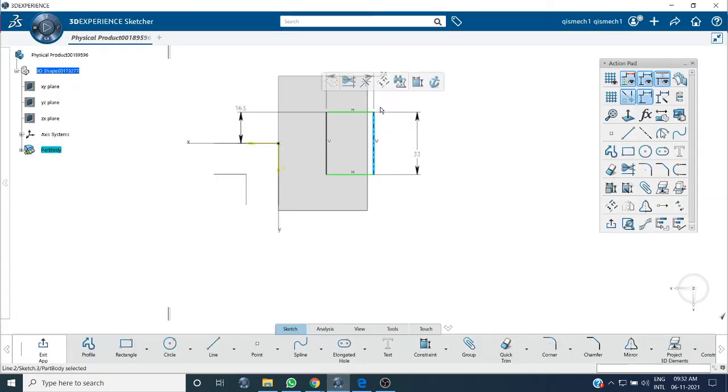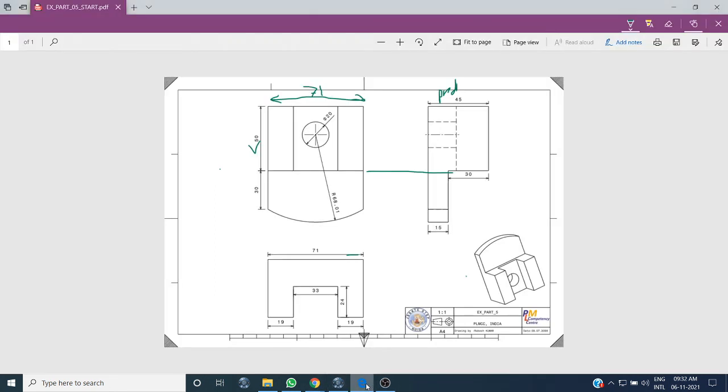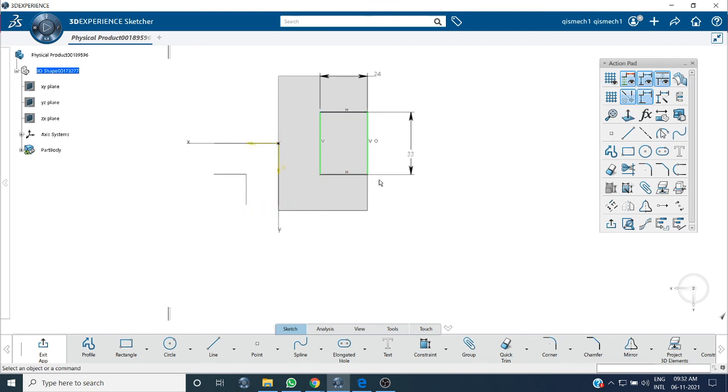But this should be coincident with this end line. 19 and 19, it's already divided into 19 and 19, or else you can delete this dimension and give the dimension from here to here 19.